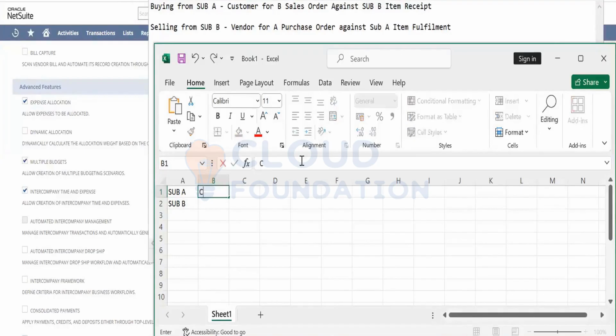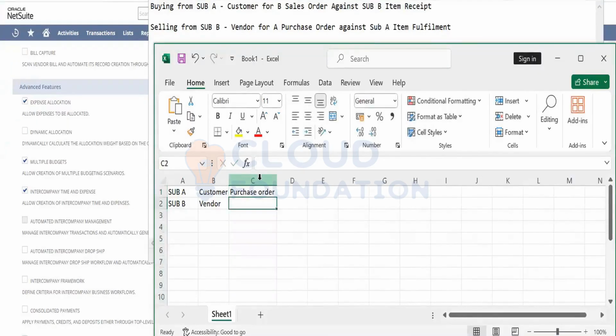Subsidiary A is going to become the customer and subsidiary B will be a vendor. So you will have a purchase order on subsidiary A against subsidiary B. When you have a purchase order here, you will have a sales order there because you are sending something out to the subsidiary.